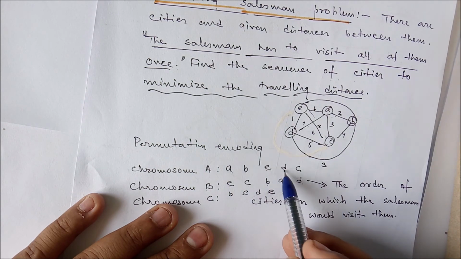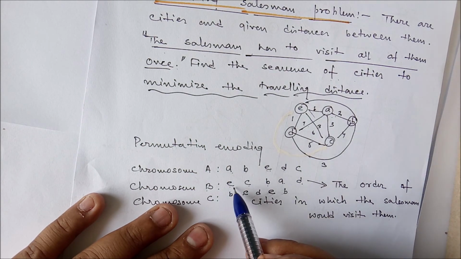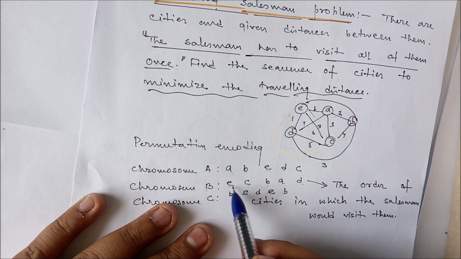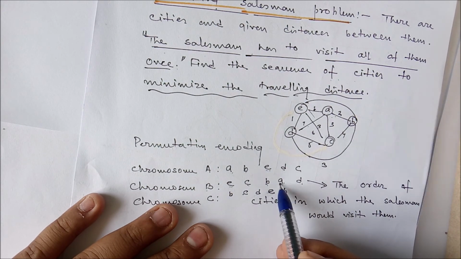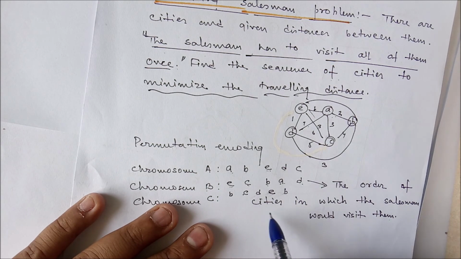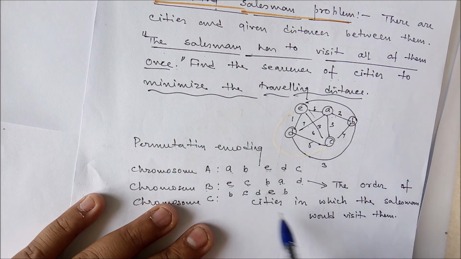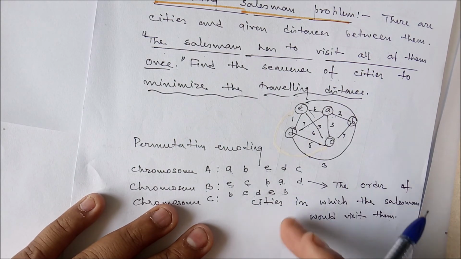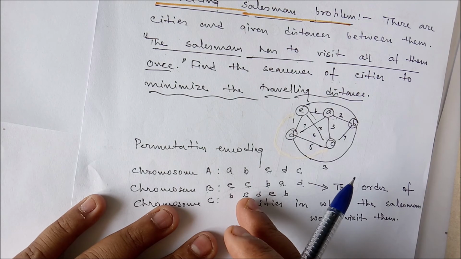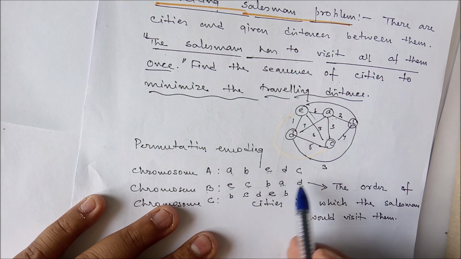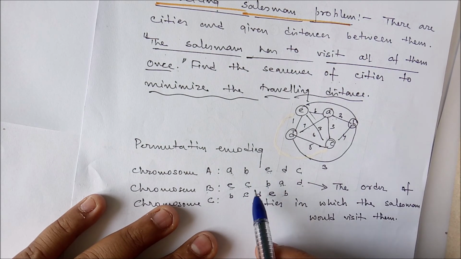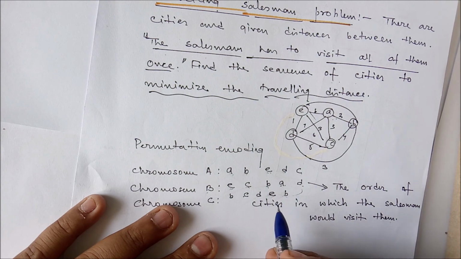फिर B से E में जाए, E से D में जाए, D से C में जाए। या वो दूसरा सॉल्यूशन क्या हो सकता है, वो E से स्टार्ट करे, E से C में जाए, C से B जाए, B से A जाए, A से D जाए। तो कुछ भी हो सकता है, बट हम लोग को सॉल्व करना होगा, हम लोग को देखना होगा कि कौन सा जो पाथ लेंगे जिससे जो ट्रैवलिंग डिस्टेंस है वो मिनिमम है। तो ये हो गया हम लोग का ऑर्डरिंग इनकोडिंग, क्योंकि ऑर्डर इंपॉर्टेंट है। A के बाद B है, B के बाद E है, और इसमें कोई रिपीटेशन भी नहीं है किसी भी वैल्यूज़ का।